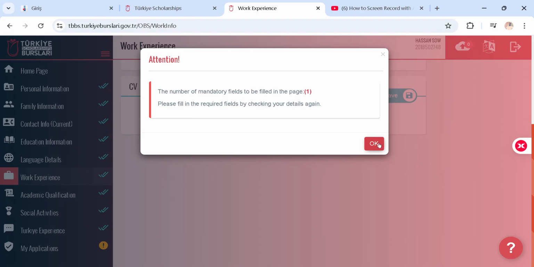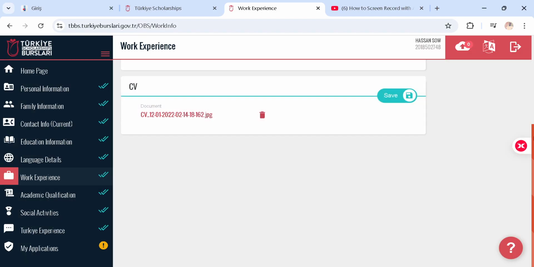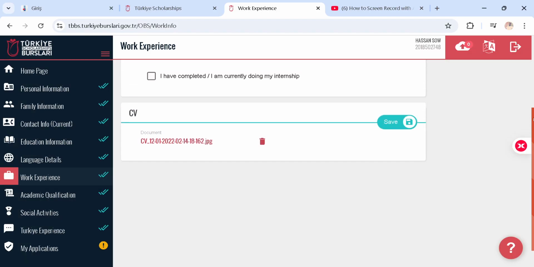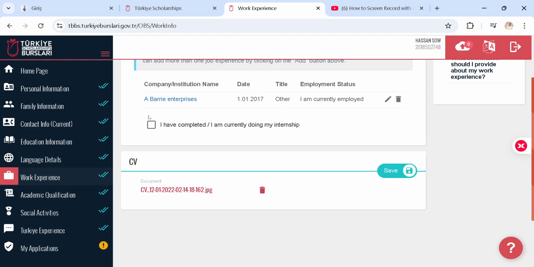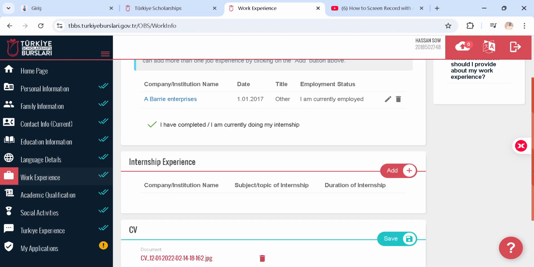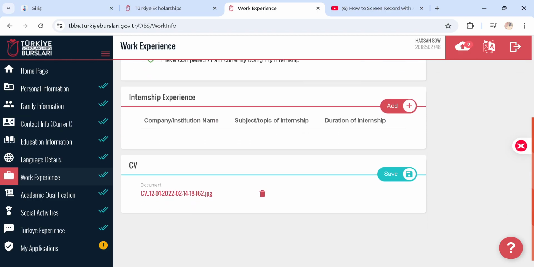The number of mandatory fields to be filled in the page is one. Please fill it. Like, they're asking me to do something up here like this. I did it already. Okay, everything is there. So you come to your